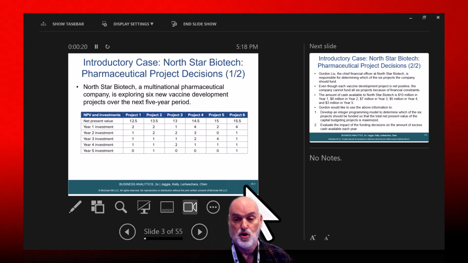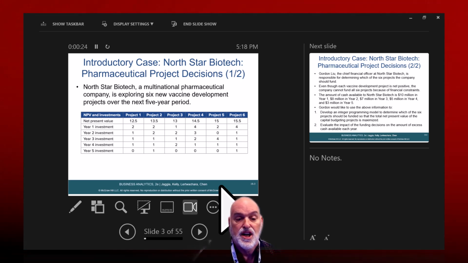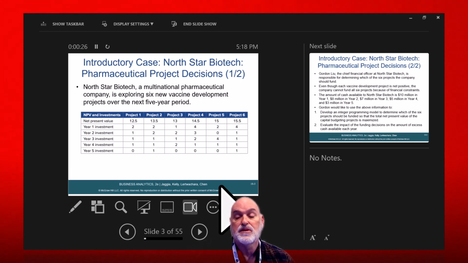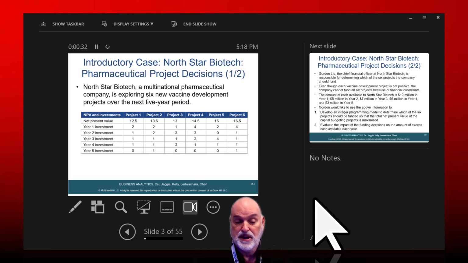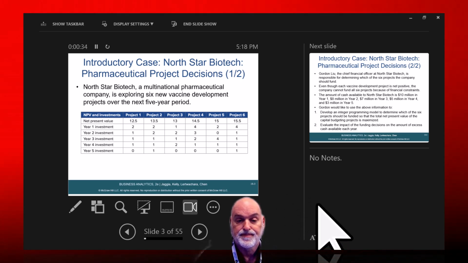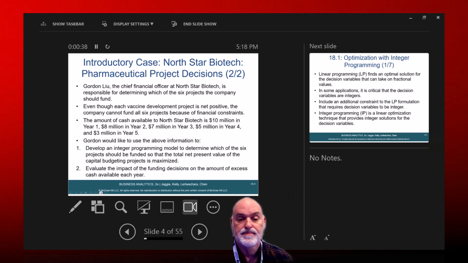Introductory case, Northstar Biotech, the pharmaceutical project decision. Northstar Biotech, a multinational pharmaceutical company, is exploring 6 new vaccine development projects over the next 5-year period. Gordon Liu, the chief financial officer at Northstar Biotech, is responsible for determining which of the 6 projects the company